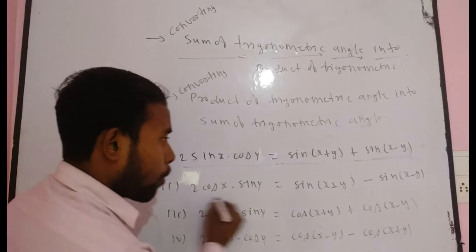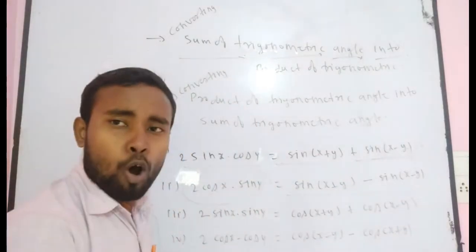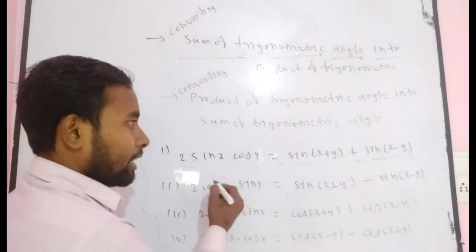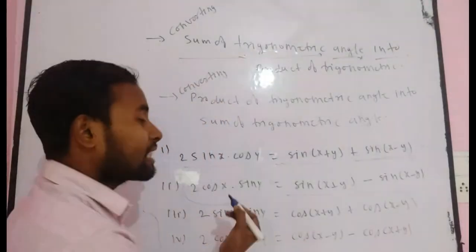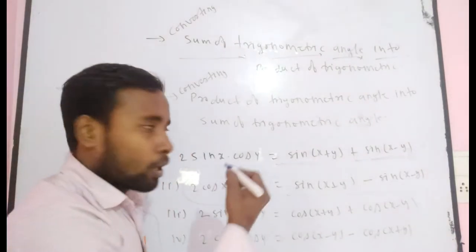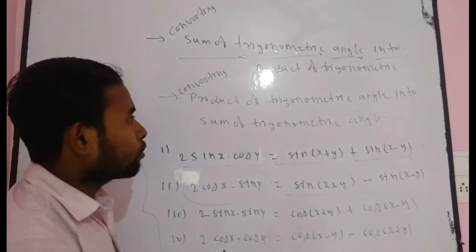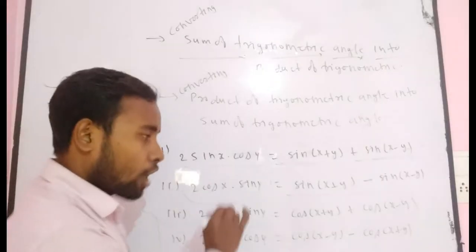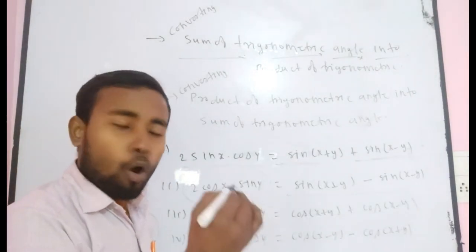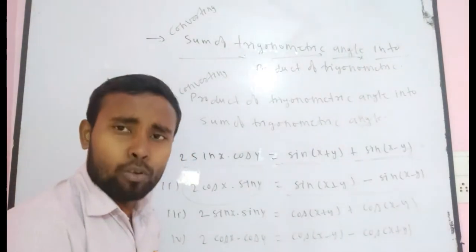This is the formula by which you convert a product of trigonometric angle into a sum or difference of two trigonometric functions. If you convert it into a sum of trigonometric functions, you can easily find the integration of the trigonometric function. Sometimes it is also easy to determine its derivative. So I want to tell you, you definitely have to remember all those formulas which help to solve integrals or derivatives in the next class and also in class 11th.